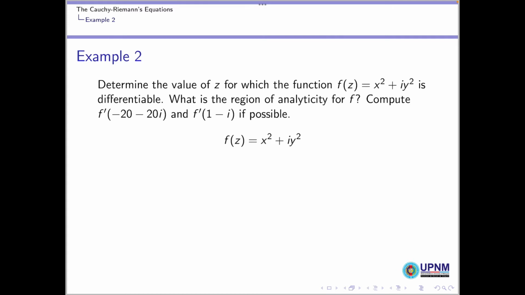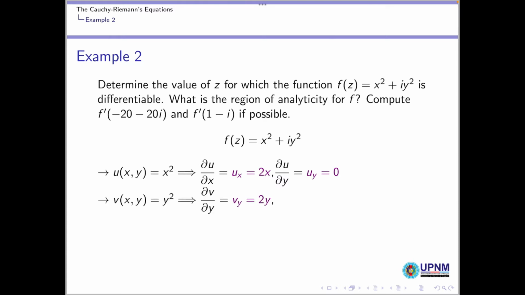So firstly, we have the function, and then we extract from this function the u component, which equals x squared, and the partial derivative u_x is 2x, the partial derivative u_y equals 0, and then we do the same for the v component, where we have